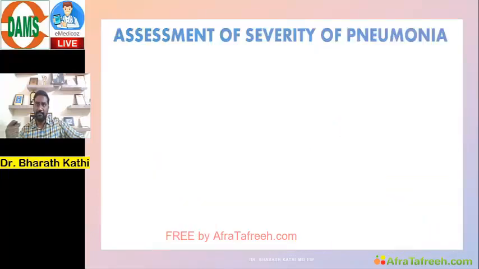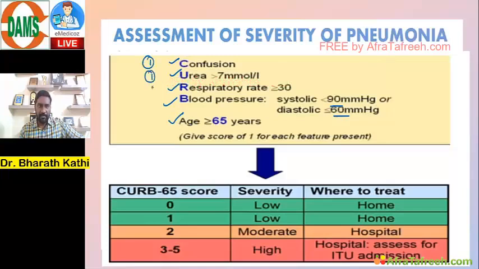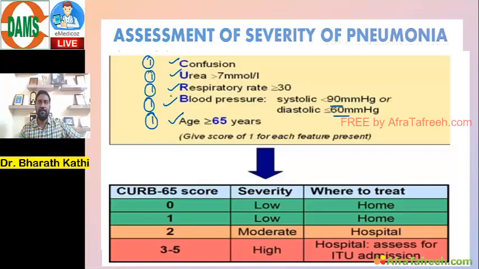Then assessment of severity of pneumonia. It is by the CURB-65. So the components: confusion, blood urea, respiratory rate more than 30, blood pressure, either systolic BP less than 90 or diastolic BP less than 60, age more than 65. For each parameter we are going to give 1 point, and we are going to see the total score in a patient with